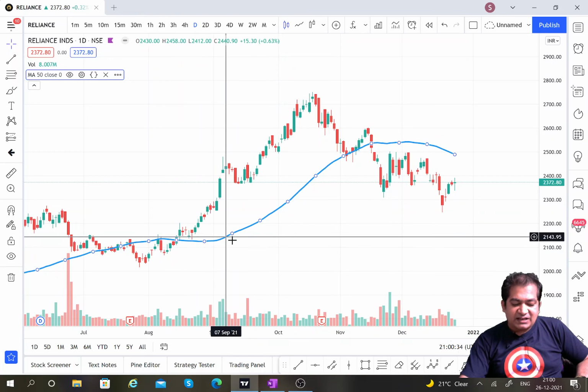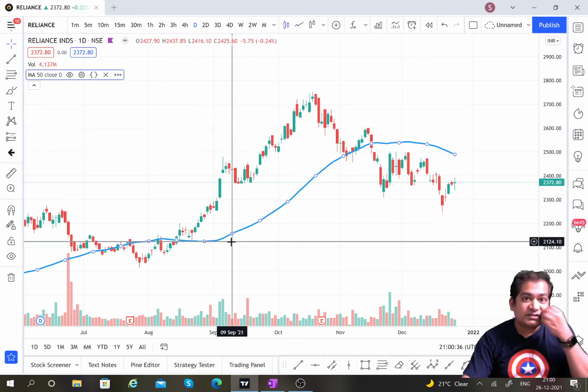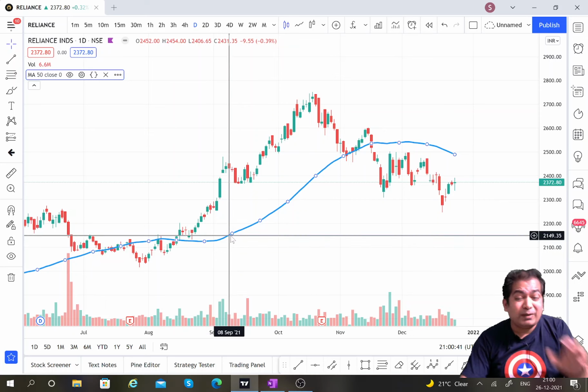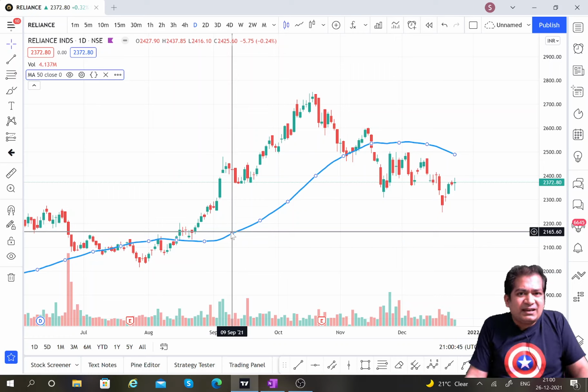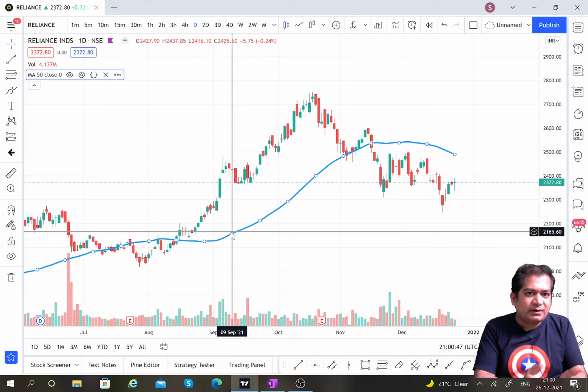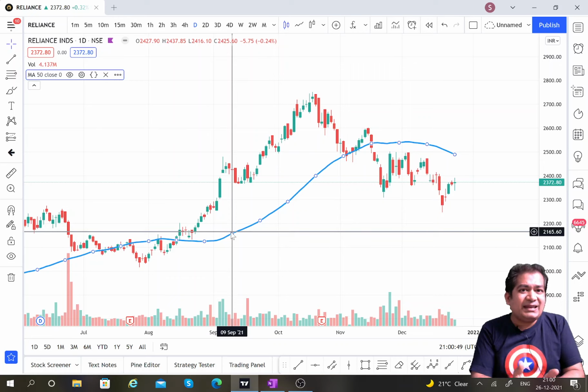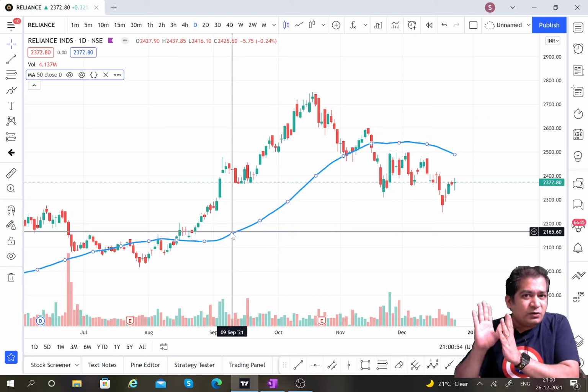Moving average acts as a zone of support and resistance as well. Support and resistance. So many a time, but we cannot blindly take it. How will we take a trade? All the indicators are lagging indicators, they tell you about what has already happened. But those lagging indicators can be converted into a leading indicator wherein you can actually speculate what can happen in future.